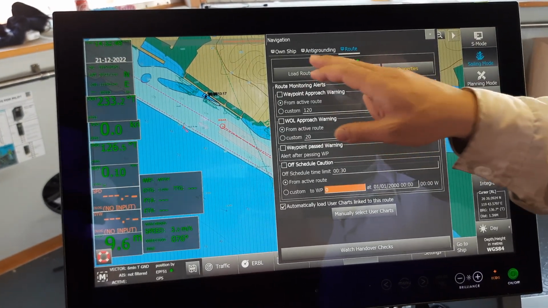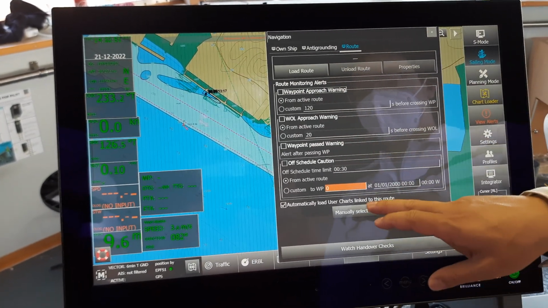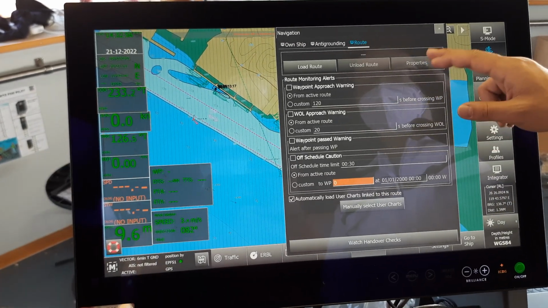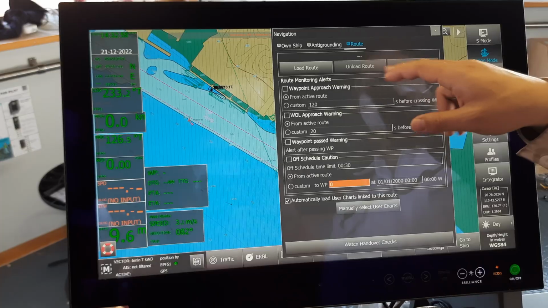And the route, load the route, unload the route. Select either chart or antique. And what about properties for the chart, for the route? Yeah, for example,